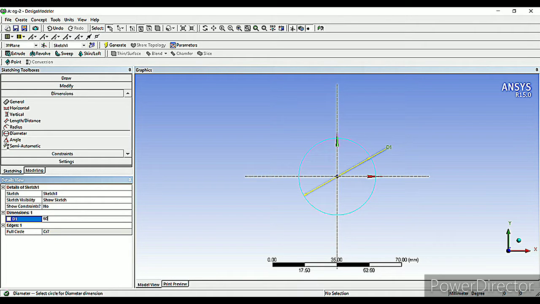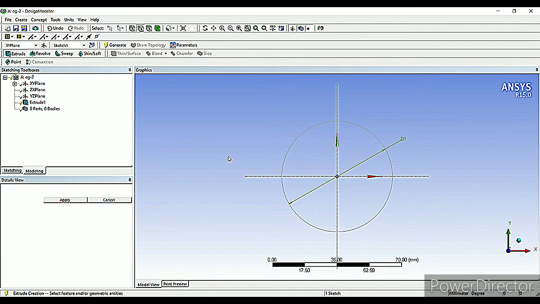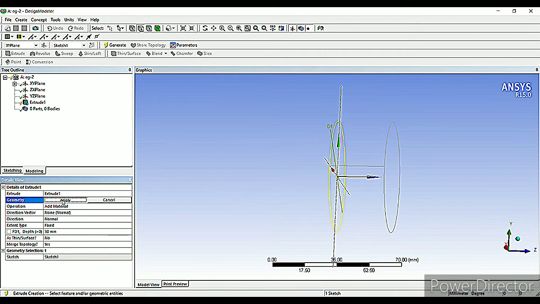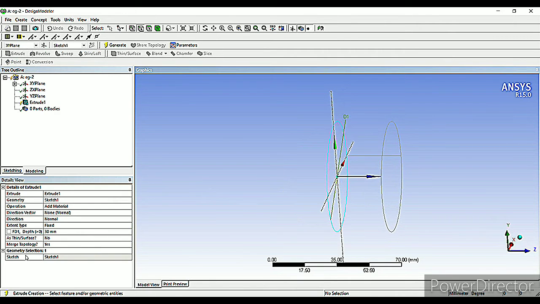I'll enter 60. So this is the circle, the first one, and then I'll extrude this, apply up to a length of 500 mm and generate.